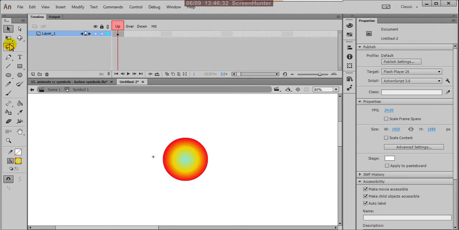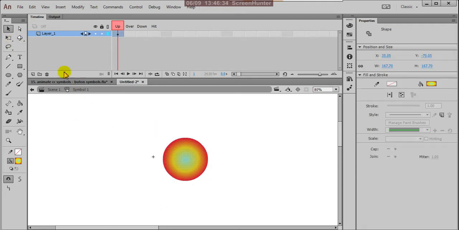Now from the gradient transform tool, click on that and you can enlarge this and move this.